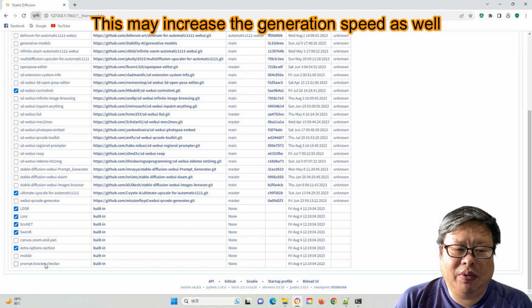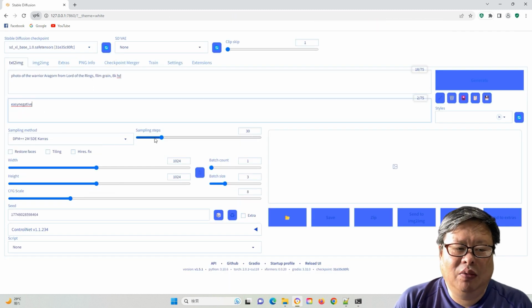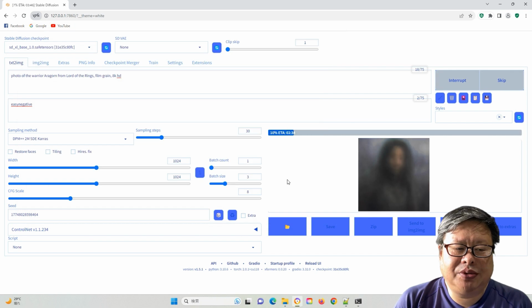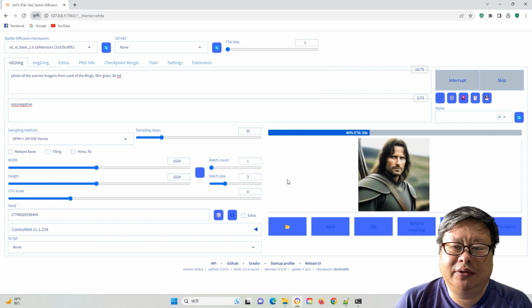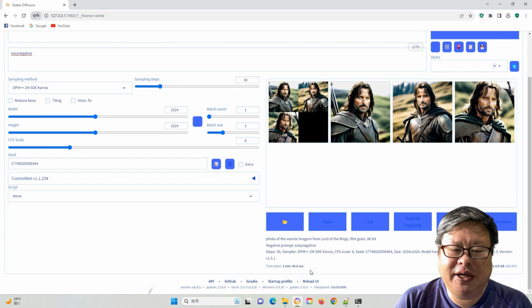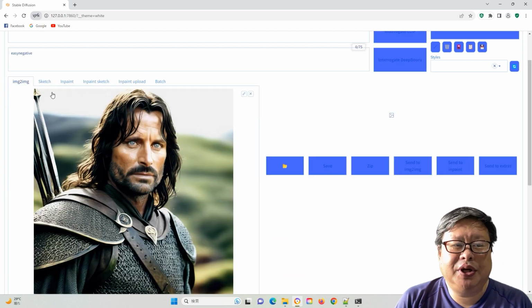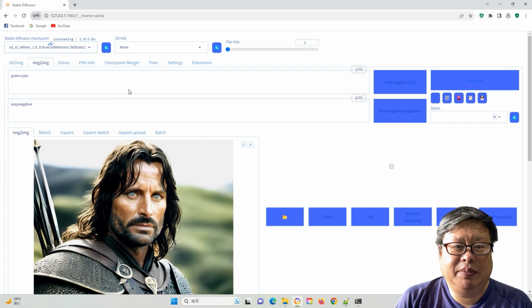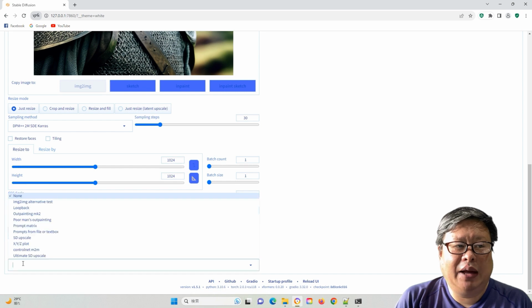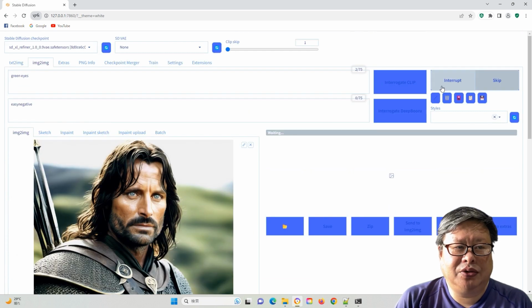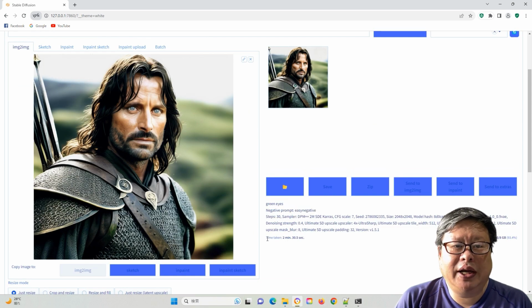I use a limited Web UI extension for image generation with SDXL 1.0 base model, creating 3 images at a resolution of 1024 x 1024. It usually finishes with an average of 33.5 seconds per image, which is very fast, and the image quality is excellent. Then I use image to image to refine and upscale the image to 2048 x 2048, taking 2 minutes and 5 seconds without any issues.